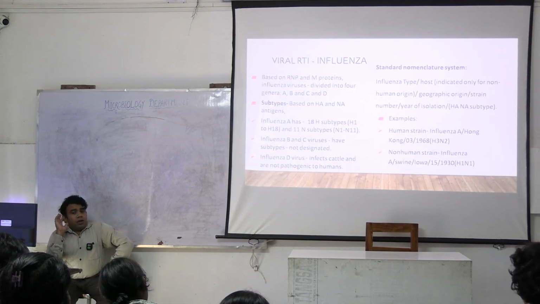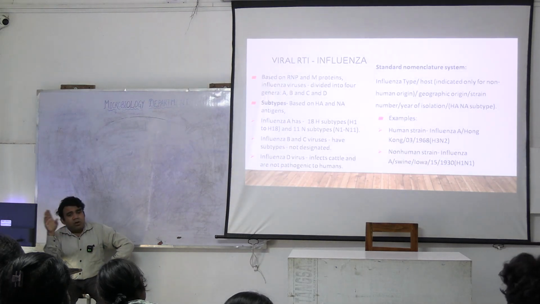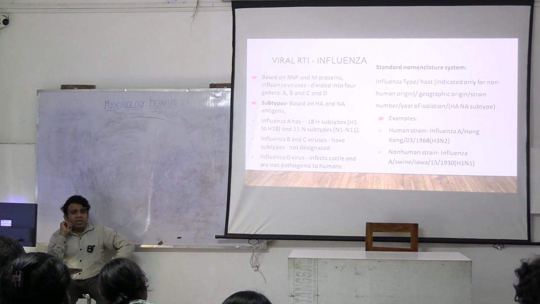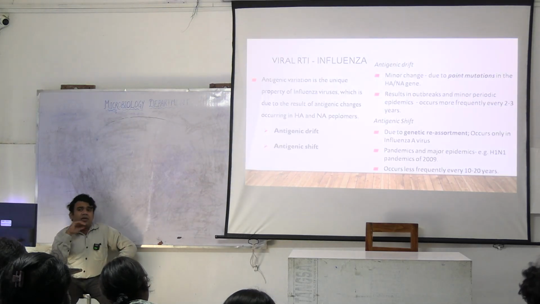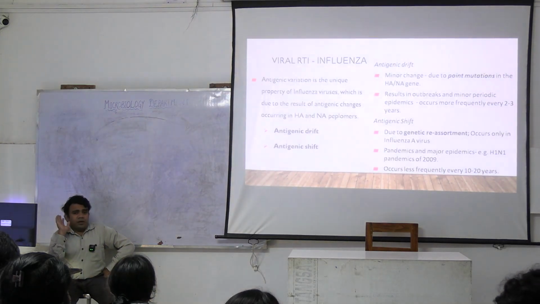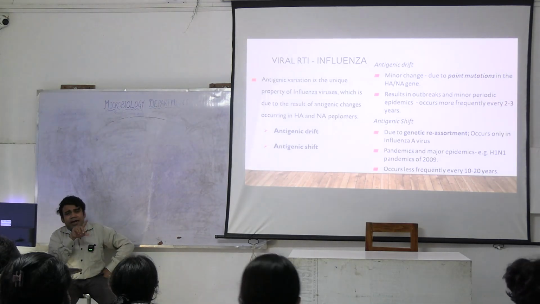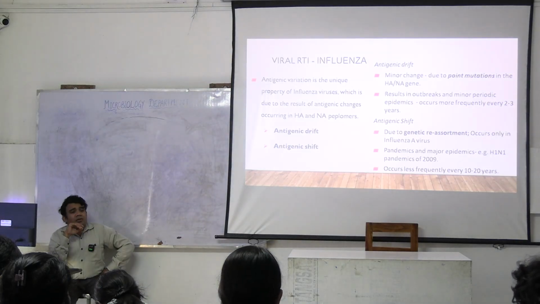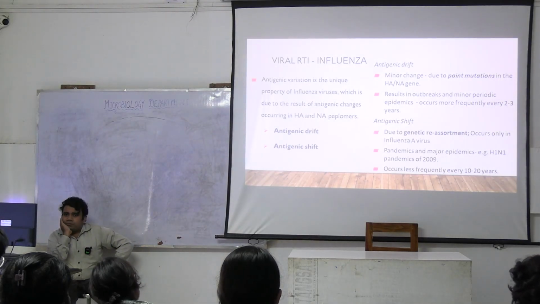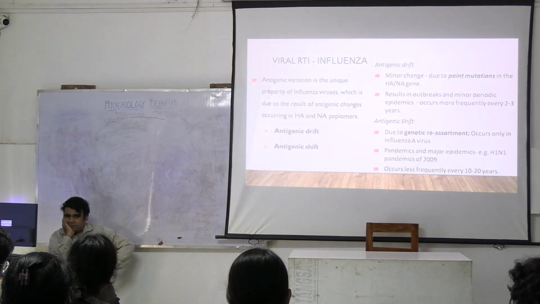Why am I saying this? Because every year the influenza virus mutates, and the mutation occurs in this neuraminidase and hemagglutinin. How does it mutate? It mutates in two ways. It is called antigenic shift and antigenic drift. Okay, a technique to remember: drift means you understand, and shift means